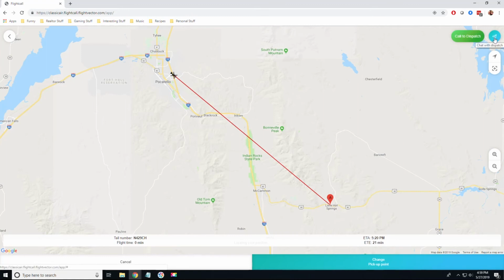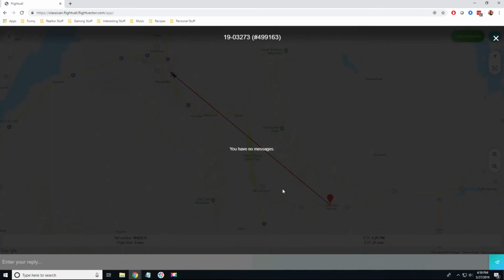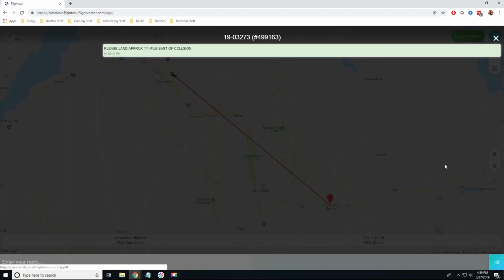So we have this little paper airplane. This is chat with dispatch. If you go in here, you can type additional messages. So maybe you're the first officer on the scene and you need to let us know that we need to land a little bit to the east of the scene. So just say, please land approximately 1/4 mile east of collision. Once you send that, this pops up on our CAD,